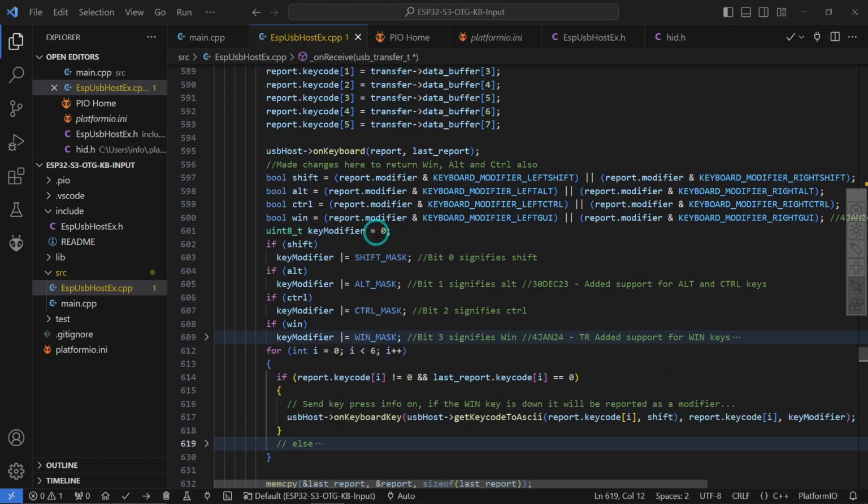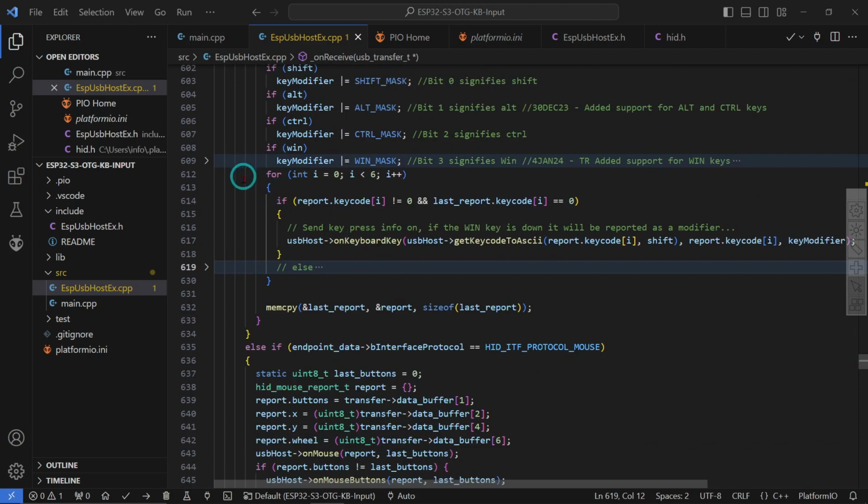But also I found that it was only reporting a modified shift key, and it wasn't reporting the old control. And in fact, the Win key on the keyboard is also a modifier. It comes back with binary 8 on the left and something else on the right if you've got one. Most keyboards just have one Win key on the left nowadays. So I added this code over here,